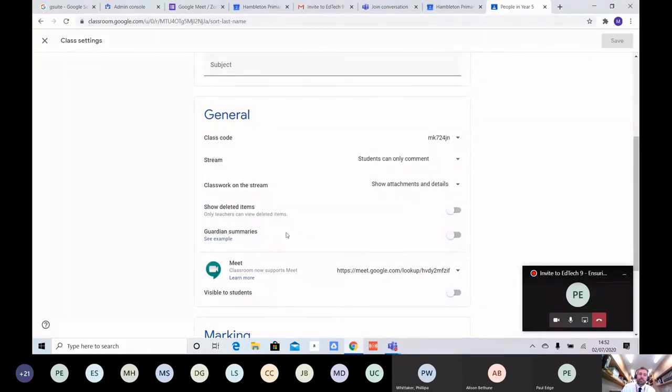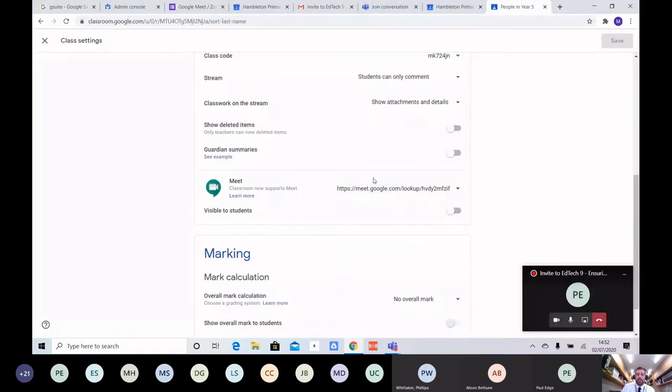Quite handy. Now you've got this Google Meet part down here. I'm going to show you further how to switch this on and off within the admin functionality. But at the moment, we have this switched off. What does this mean? Well, it's not visible to students. So if I turn this on